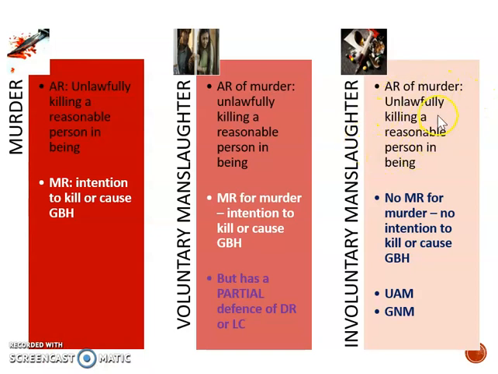Today, though, we're moving on to involuntary manslaughter, which is very different from voluntary manslaughter. With involuntary manslaughter, we've still got the actus reus of murder, someone has been unlawfully killed, but for this homicide offence, they lack the required mens rea of malice aforethought, that is, they didn't have intention to kill or intention to commit really serious harm. There are many situations that can give rise to this outcome, and therefore there are two different types of involuntary manslaughter. We've got unlawful act manslaughter, which I've shortened to UAM, and we've also got gross negligence manslaughter, which I've shortened to GNM. But today we're going to be looking at UAM, unlawful act manslaughter.